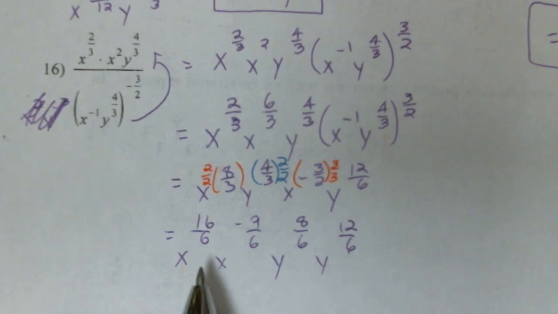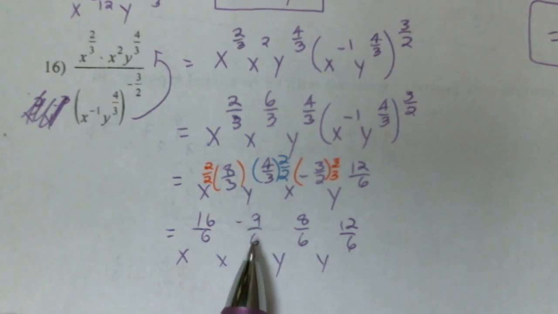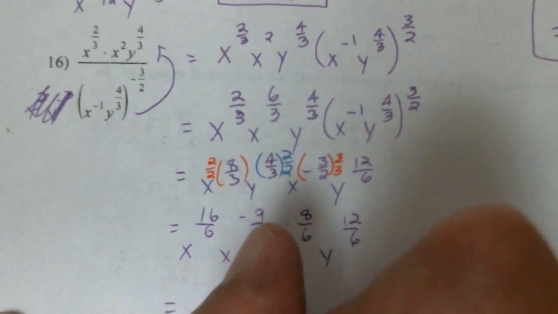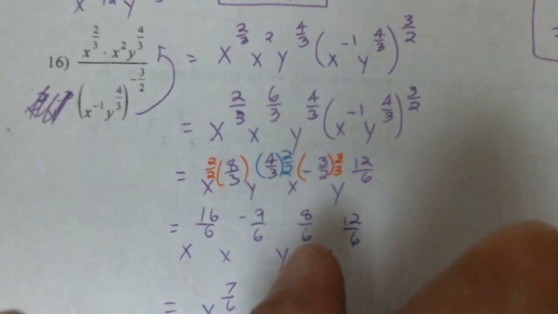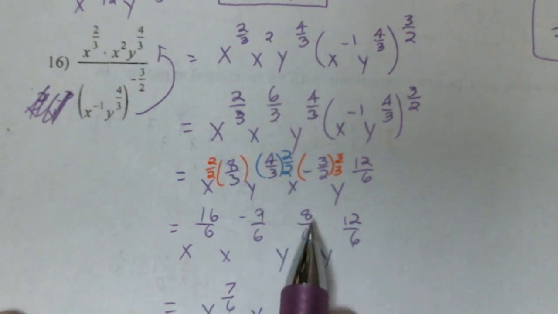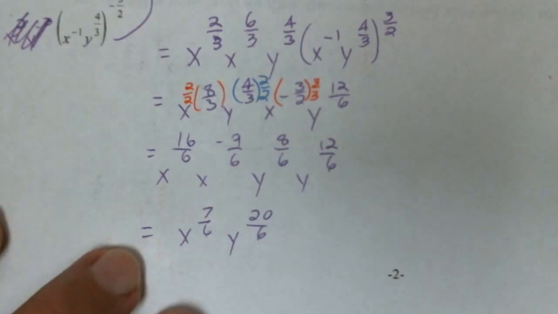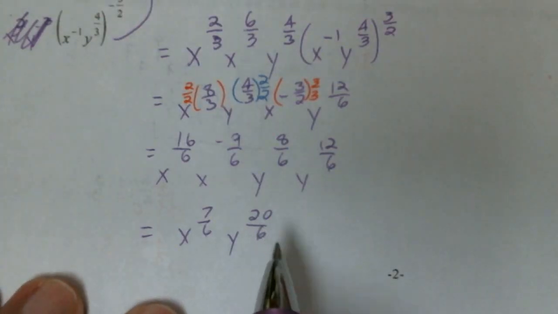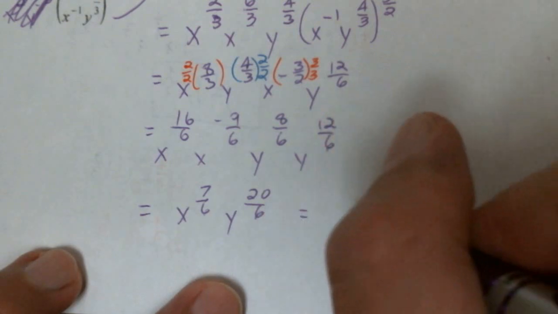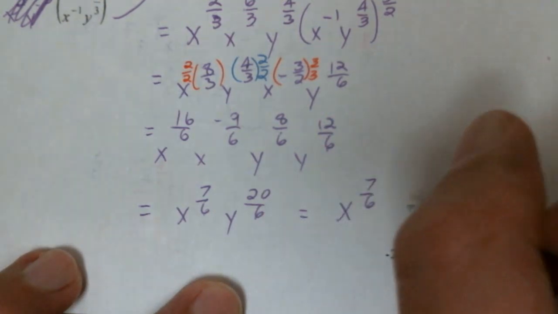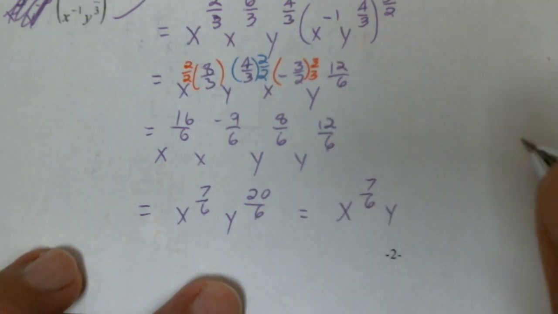Okay. All right, now I'm ready to add these together. 16 minus 9 is 7. So that's x to the 7/6. And then if I add those, 8 plus 12, that's going to give me 20/6. And the last thing I need to do is just simplify this. That's going to give me x to the 7/6, y, divide the top and bottom by 2,